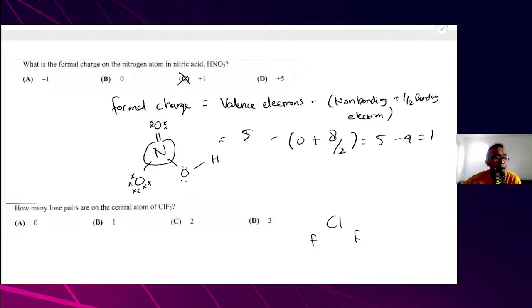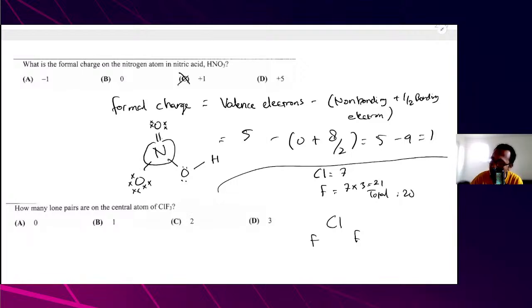F has 3. So first of all, count valence electrons. For Cl itself, it has 7. How about the F? F also has 7. So the total, with 3 F, is